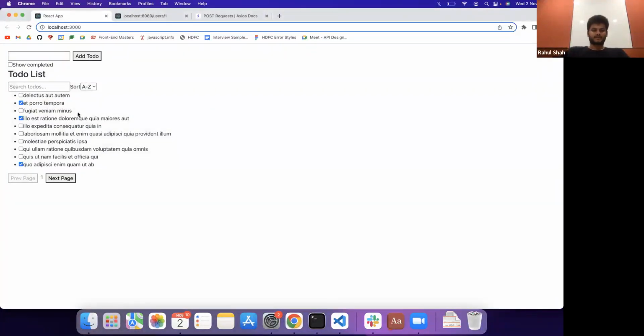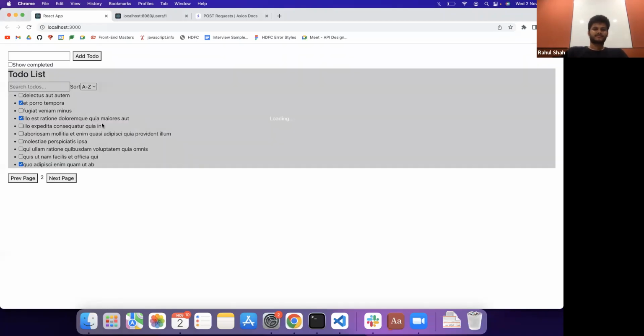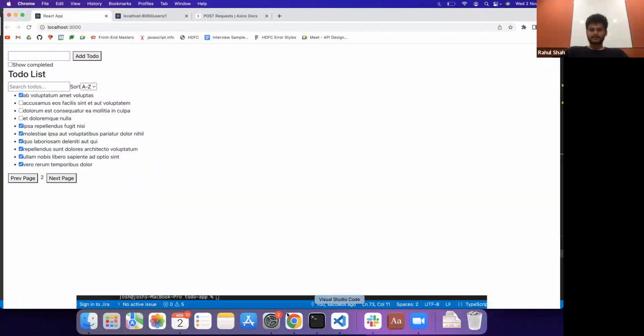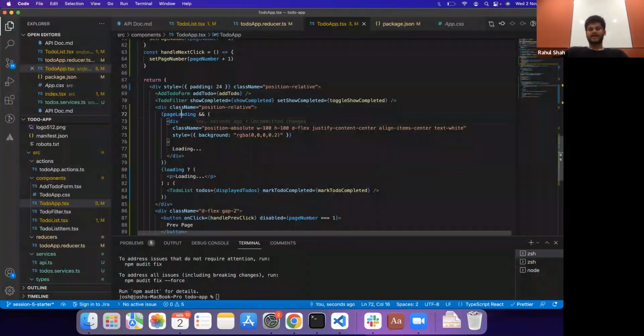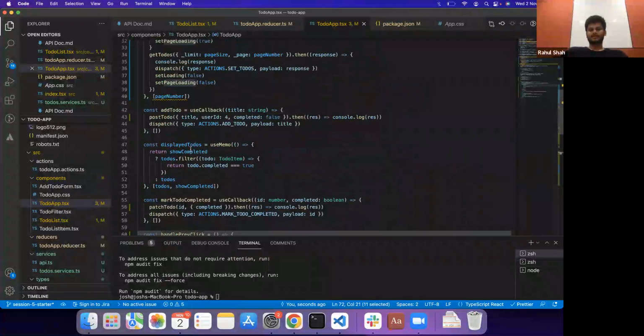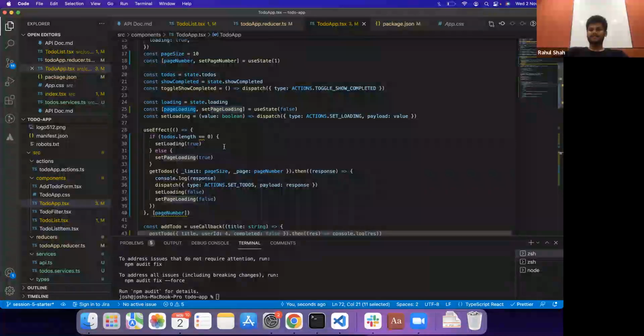Okay. So now let's refresh. We see loading, and next page we see page loading, and this works, right? Yes. So right now we have this page loading, right? Now in some time we will also need to have, if we're handling the patch, we will have to have